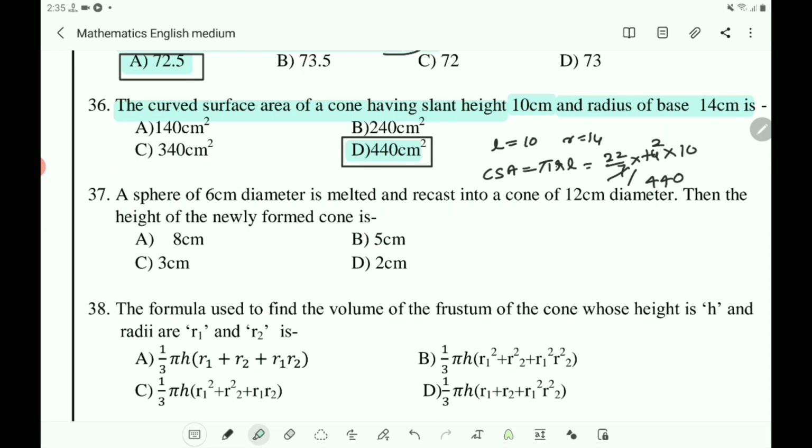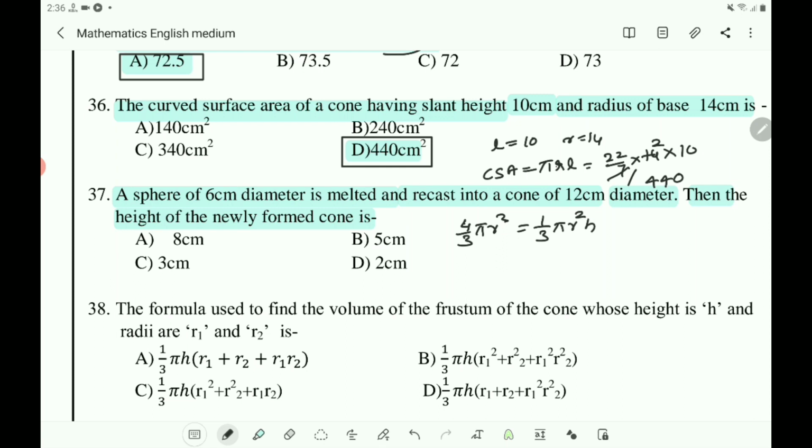Next you take 37. A sphere of 6 cm diameter is melted and recast into a cone of 12 cm diameter. Then the height of the newly formed cone is. Here sphere is given. It is melted to form a cone of 12 cm diameter. So the volume of the sphere is equal to the volume of the newly formed cone. So what is the volume of the sphere? You know, that is 4 by 3 pi r cube, that is equal to the volume of the cone, 1 by 3 pi